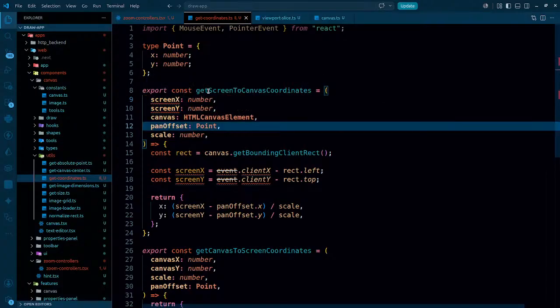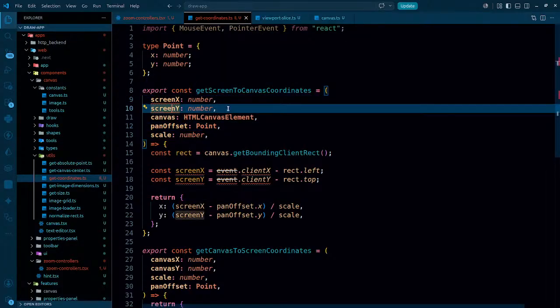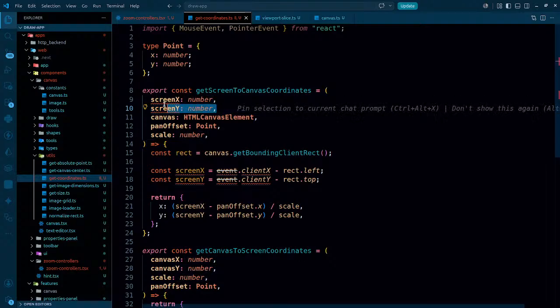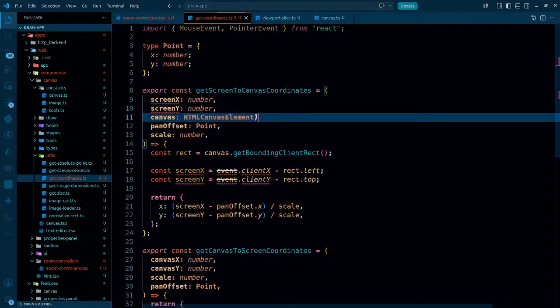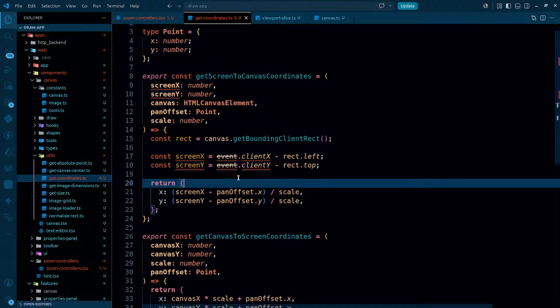Screen to canvas coordinates, right? So I'm gonna be getting screen coordinates. That's right. They can be called screen point or screen coordinate, screen X and screen Y, that is fine. Canvas, I will have it here, pan offset and all these things. Now we have the rect and